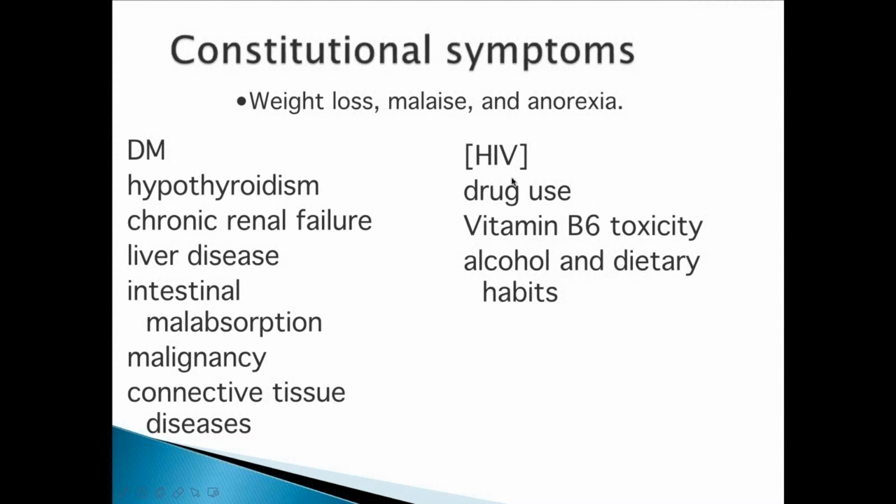HIV I put in the bracket because we don't call it as HIV, we'll call them as PLWHA, people living with HIV/AIDS, right? So we just even don't write on the file due to the stigma involved, but you can very confidentially in person, not other obviously relatives being there, ask whether the patient is receiving treatment for HIV, any drug use, or vitamin